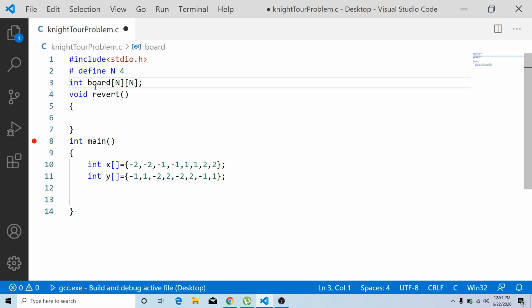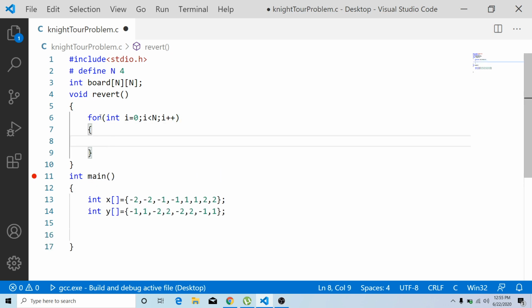So now void revert does not require any element to be given, because n is already globally defined, and the matrix is also a global matrix. Hereafter there is no need of passing these two things into any function, because they are global variables, accessible anywhere. So what you have to do here is for int i equal to 0, i less than n, i plus plus.